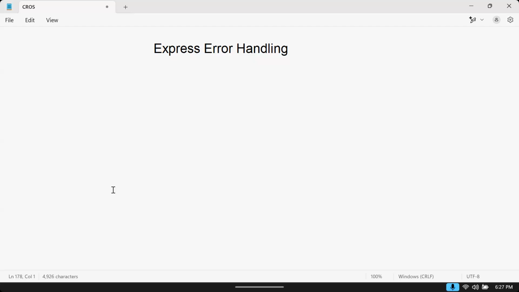Exception handling. Why do you need exception handling? Exception handling is required to avoid abnormal termination. Remember, we learned a technical word, abnormal termination. If any exception occurs, the application terminates abnormally. How to avoid abnormal termination of an application? By using exception handling. And the problem in JavaScript directly, when you are working client side, is you don't